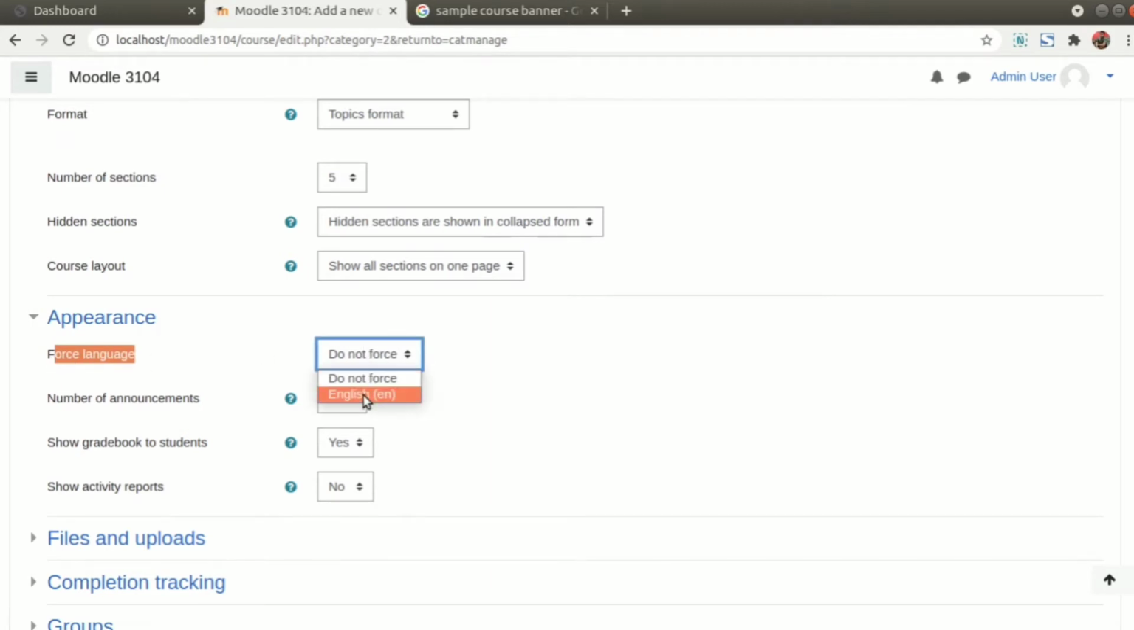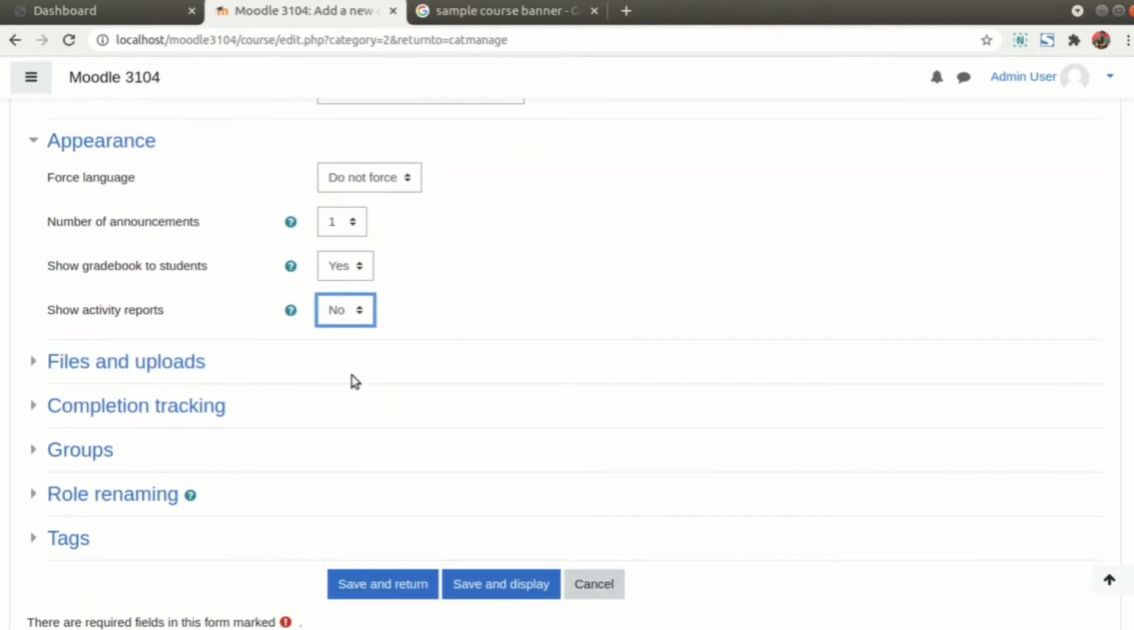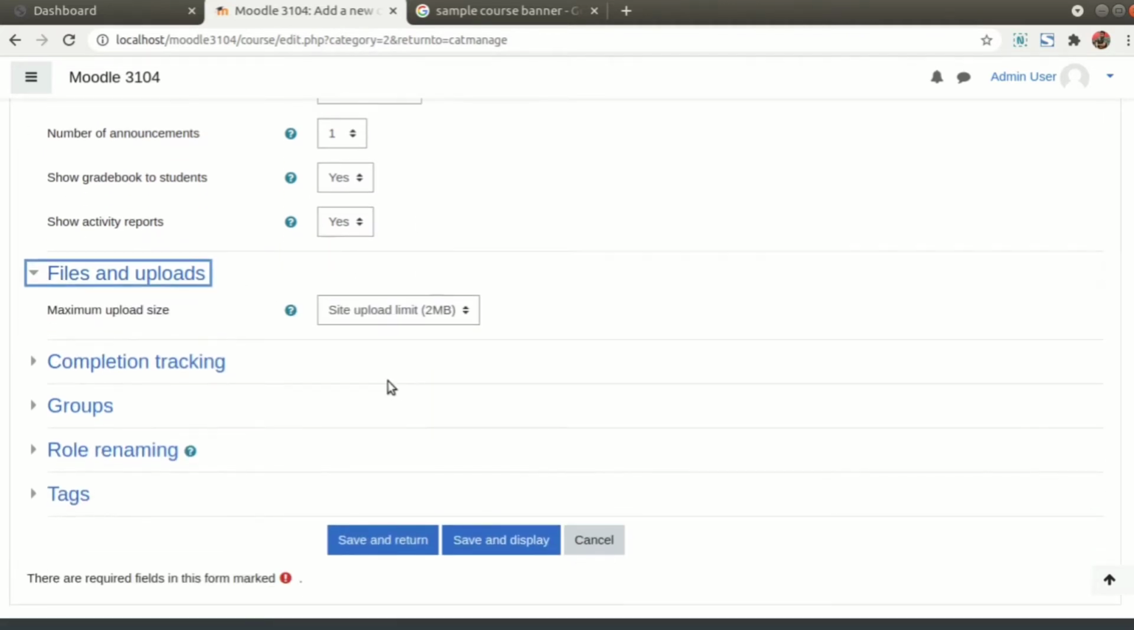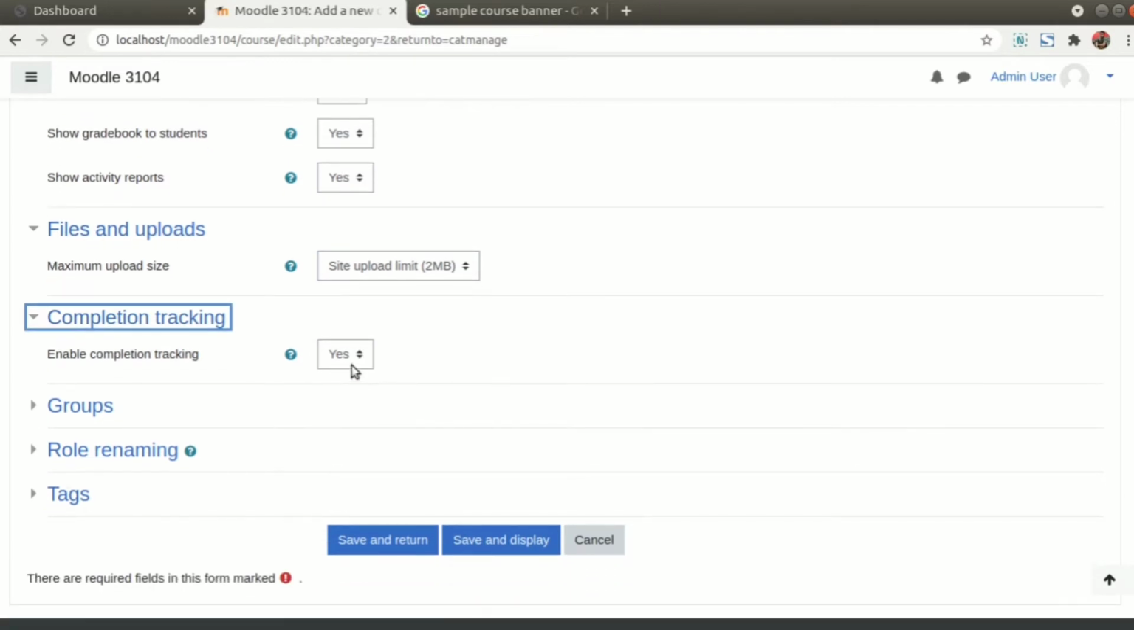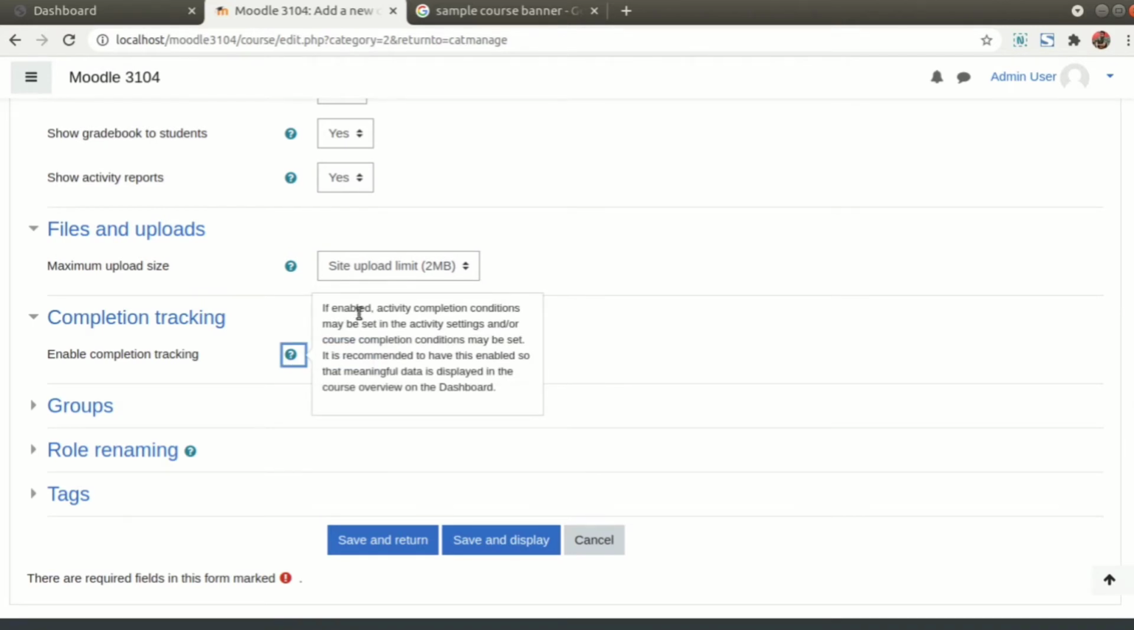If you go to the next tab, you can see the appearance over here. Now this is basically, it will show you the announcements, the gradebook for the users to use, activity report. You can leave it as default, or if you want to change it, you can change it over here. I suggest not to touch the default settings. Files and upload means what is the maximum size we can upload inside the course. This is content related. So up to 2 MB content,